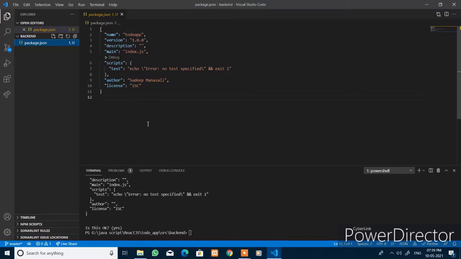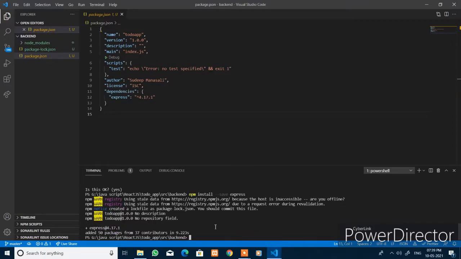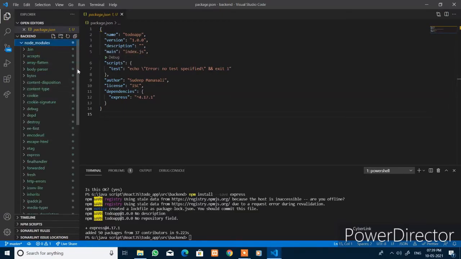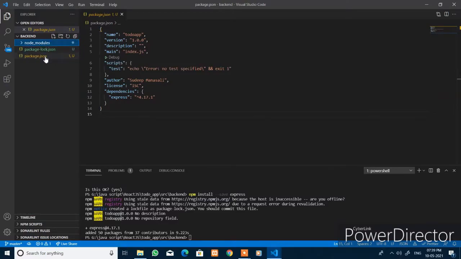So suppose when you have to work with the Express framework, run the command npm install with a save flag and say express, then press enter. After downloading that package, it adds the node modules and it downloads all the contents related to Express, and within package.json you have the dependencies, the list of dependencies that you have installed. That is the Express framework you have installed here.